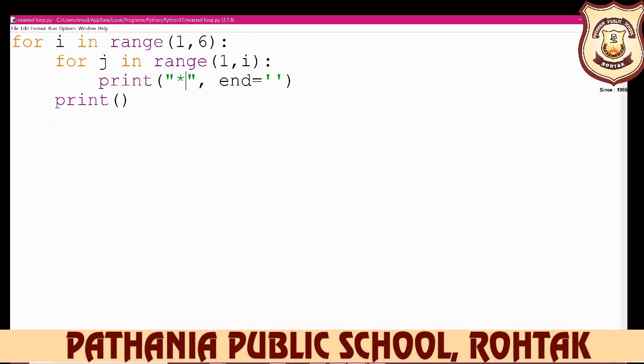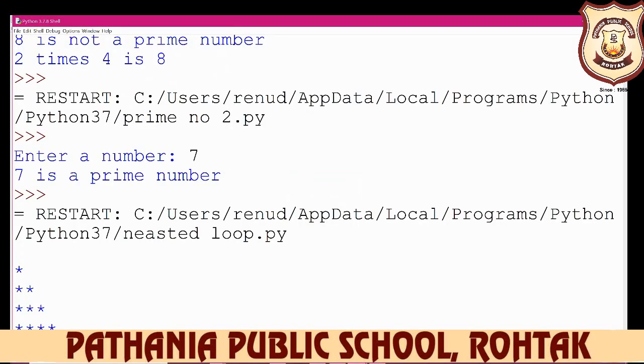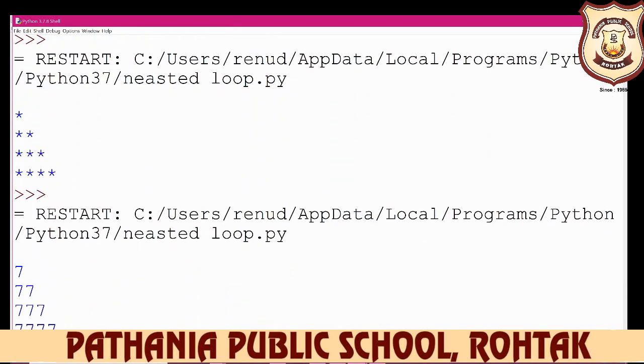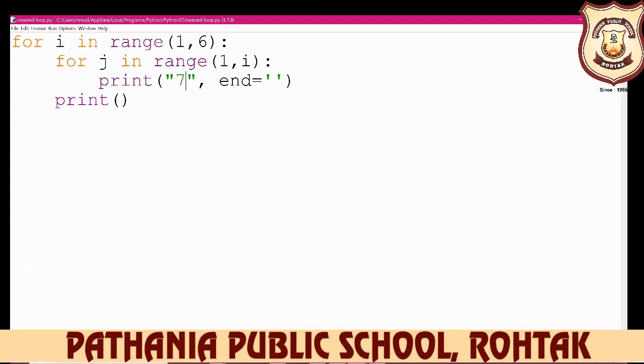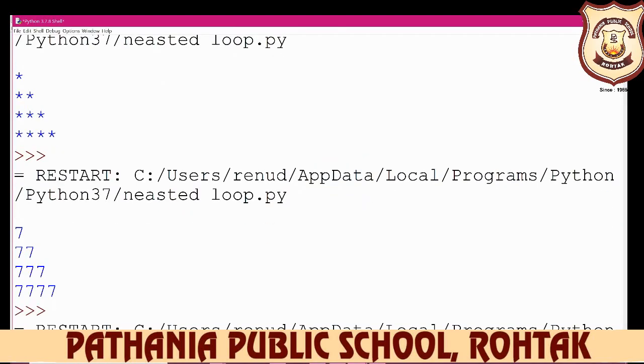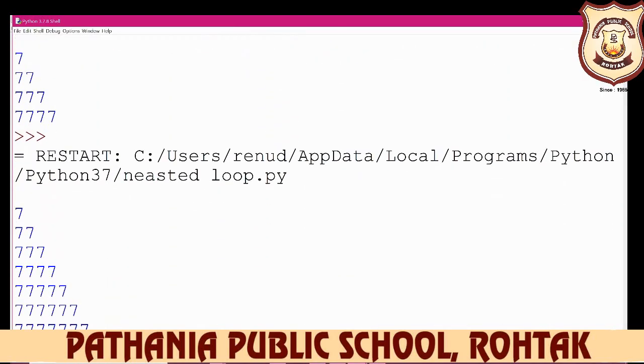But if you want to change this, then you can change it. Okay, we want to display 7 here. Then you run this program. Now you see the output: 1 times 7, then in the next line 2 times 7, then in the next line 3 times 7, and in the next line 4 times 7 will be displayed here. But if we change this to 9, then what happens? See the output of this. So your program will be generated like this. So this is your nested loop program.